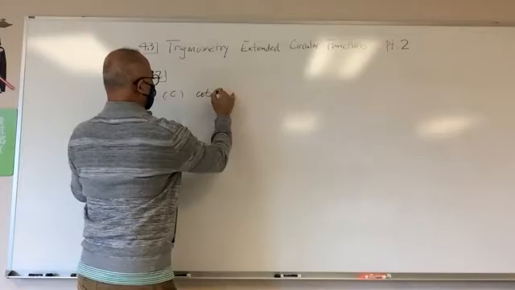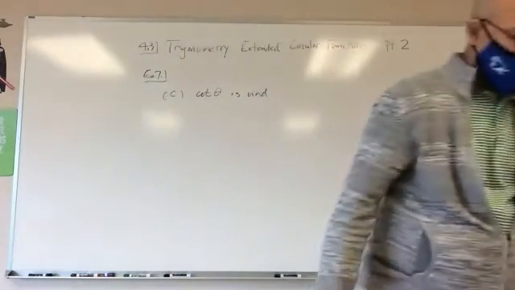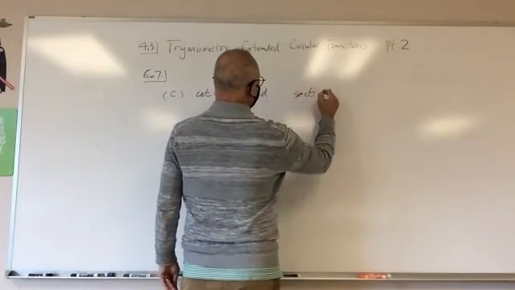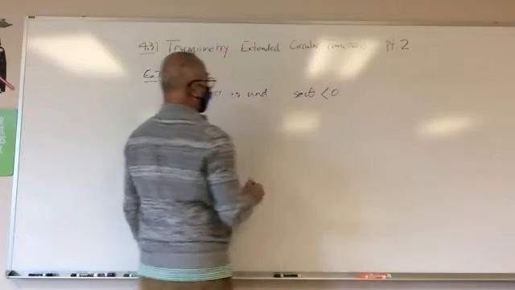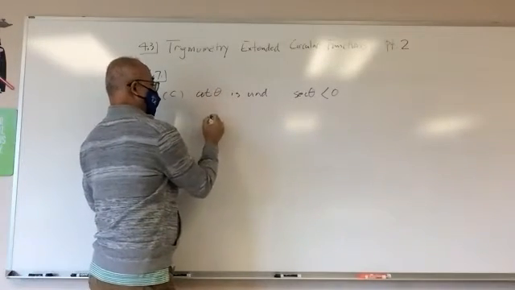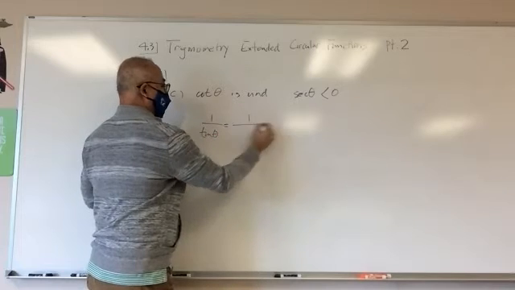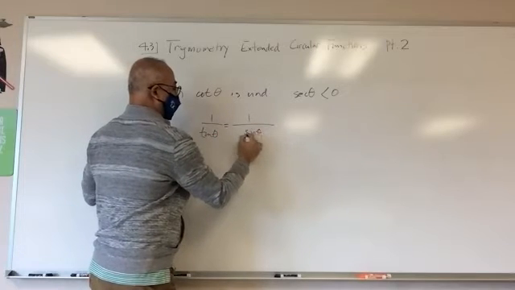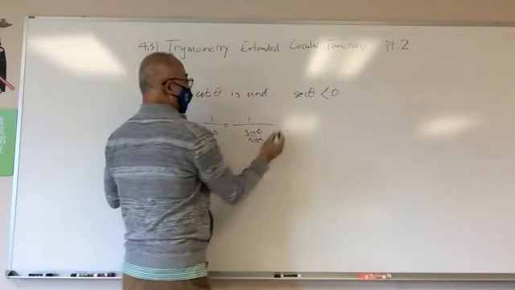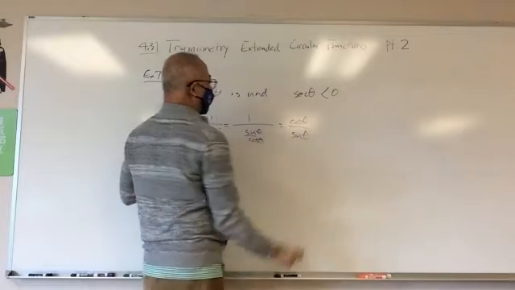Cotangent theta is undefined, and I also know that secant theta is negative. Cotangent theta is basically 1 over tangent theta, which is 1 over sine theta over cosine theta. I'm going to multiply cosine theta on top and bottom. I get cosine theta over sine theta, and this is undefined,